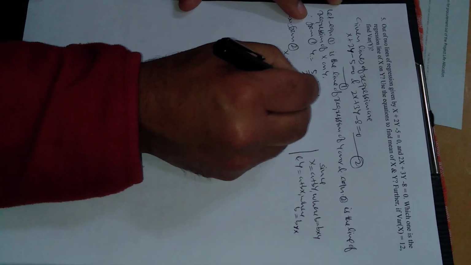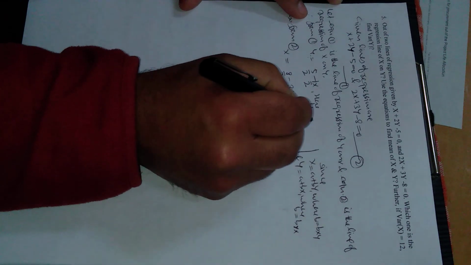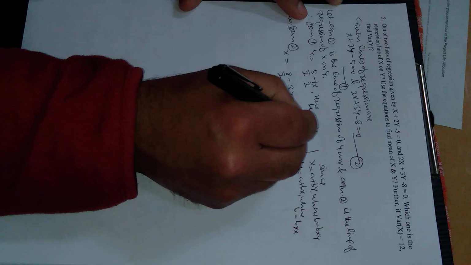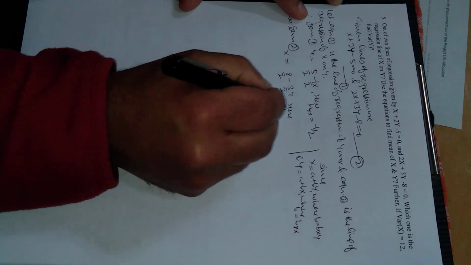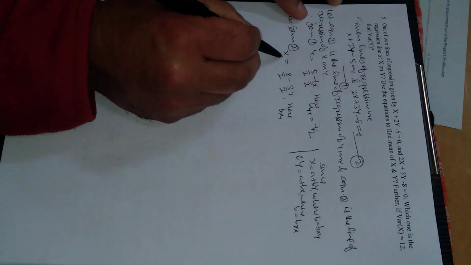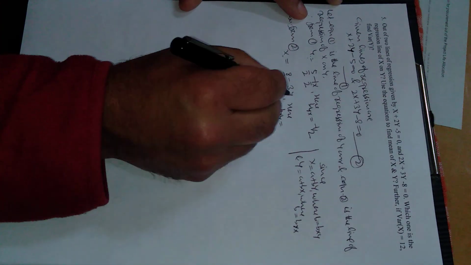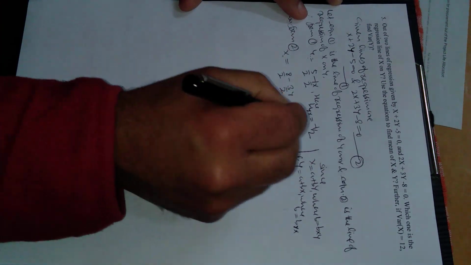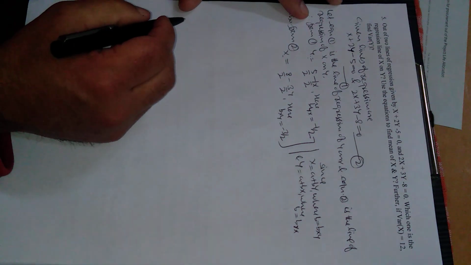So here we will have b_yx. b_yx means the coefficient of x. This is minus 1 by 2. And from this equation we will have the slope, the regression coefficient of x on y, because this is for x in terms of y. The coefficient of y is minus 3 by 2. So these are the regression coefficients, both of negative signs.